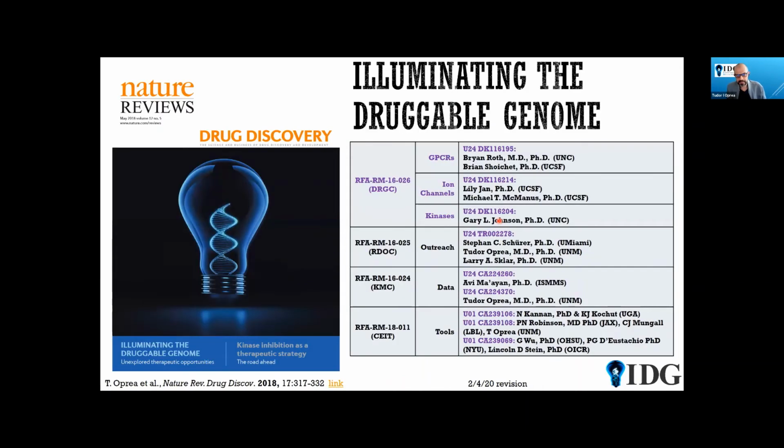So with that rant out of the way, I just want to highlight that the IDG program is a really complex endeavor. The consortium has a number of centers, including the experimental groups that work on GPCRs. That's Brian Roth and Brian Choquette, and then Lily Jan and Mike McManus lead the ion channels effort, and Gary Johnson leads the kinases effort. There's an outreach effort led by Stefan Schurer, together with Larry Sklar and myself. Avi Mayan leads our